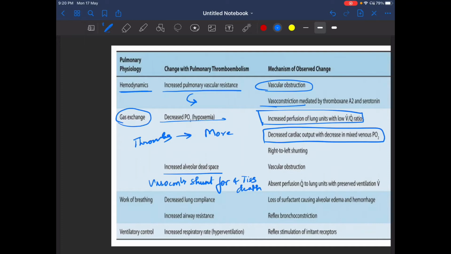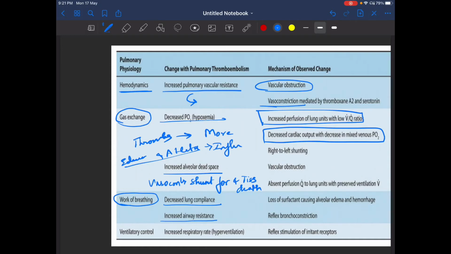Okay, and this increased work of breathing, as we have seen, is due to decreased lung compliance because the tissue is dead, and increased airway resistance, the atelectasis, and loss of surfactant causing alveolar edema and hemorrhage. See, when there is edema and atelectasis and inflammation,